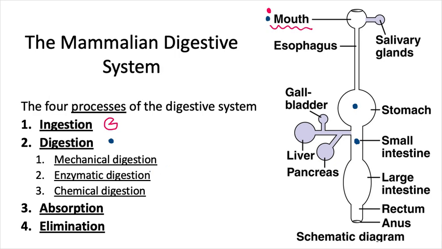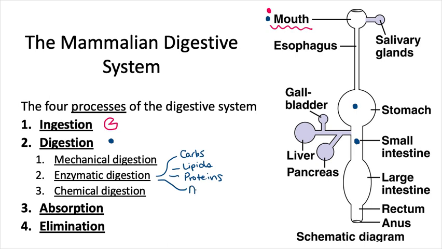Mechanical will include churning and chomping and physically breaking down. So we'll see that in 2 locations. Enzymatic digestion, we're going to have 4 categories for each of the 4 classes of macromolecules. So we're going to see enzymatic digestion of our carbohydrates, of our lipids, of our proteins, and of our nucleic